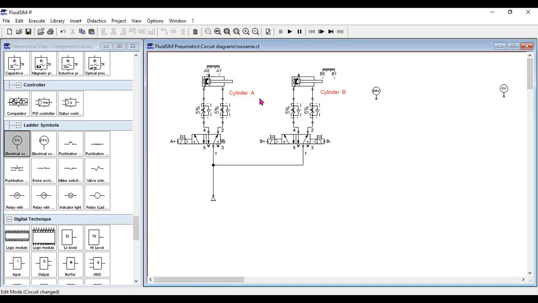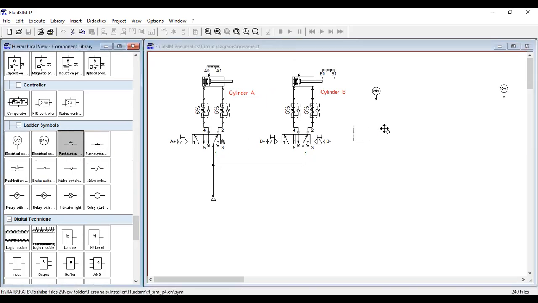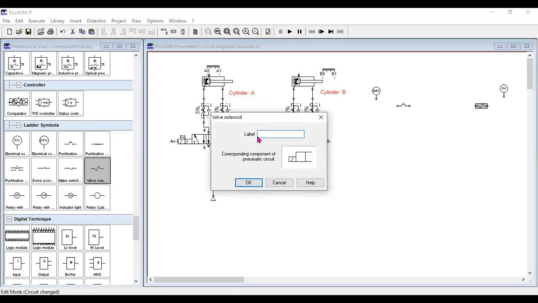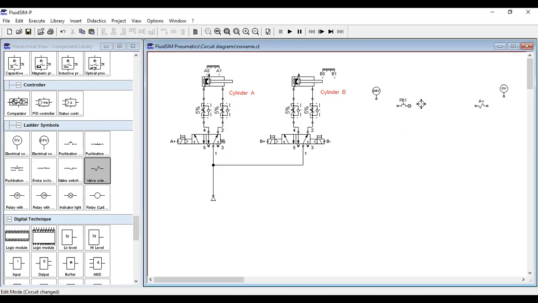So we use push button, this one, and then the coil. So if we energize the coil, shall we say A plus, and then this would be PB1. So basically push button 1. Normally open push button, so we connect the two in series, and then the other end connected to, okay. So if we try to simulate, as you can see,